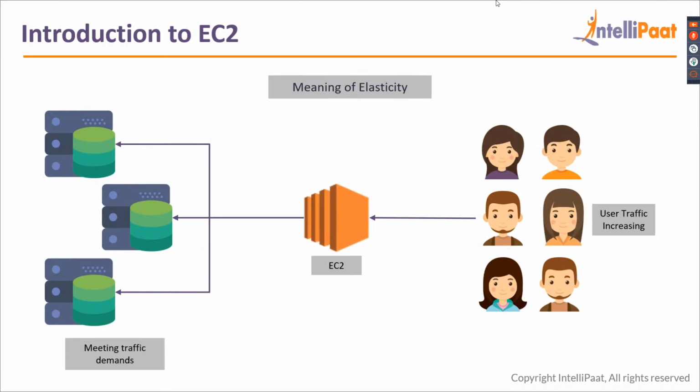Next, the meaning of elasticity. I talked about Elastic Compute Cloud. So basically, EC2 provides you servers via cloud, that is, servers over cloud. But how does it provide elasticity or scalability? For example, you have a company and you have created an application. This application will have huge spikes in traffic. Let's say on a Monday morning, you might not have that much traffic, and suddenly on a Friday night, you get a lot of traffic.